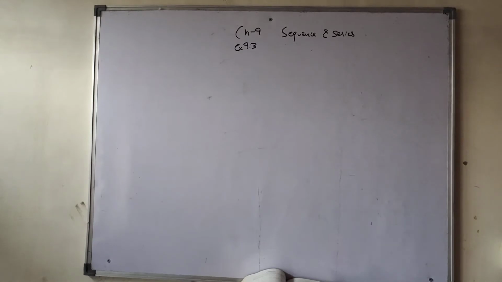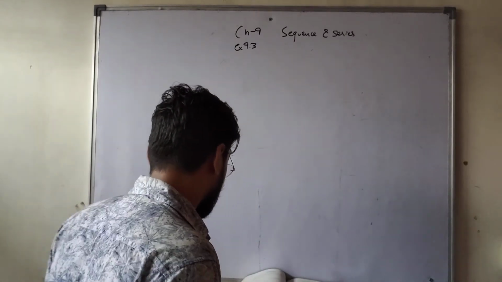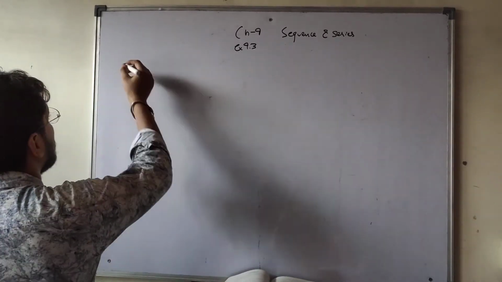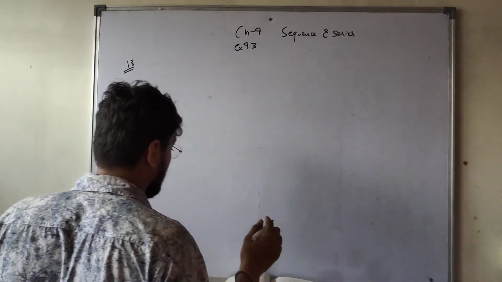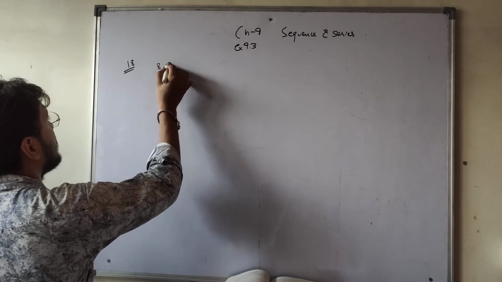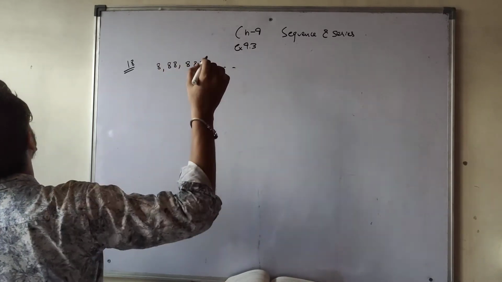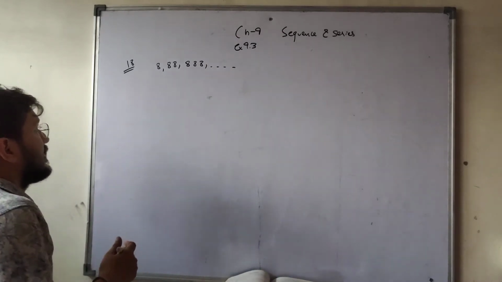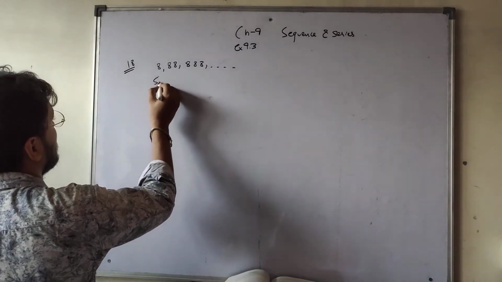Next, question number 18. In question number 18, find the sum of the sequence 8, 88, 888, and so on, right? So this is question number 18. Now we have to find out the sum. So S